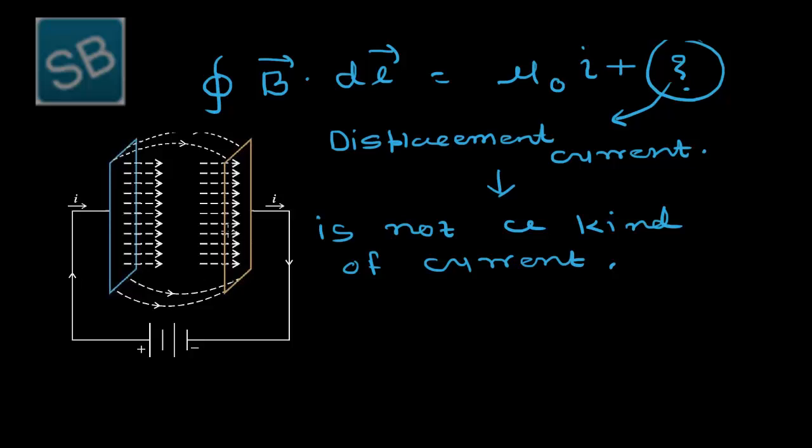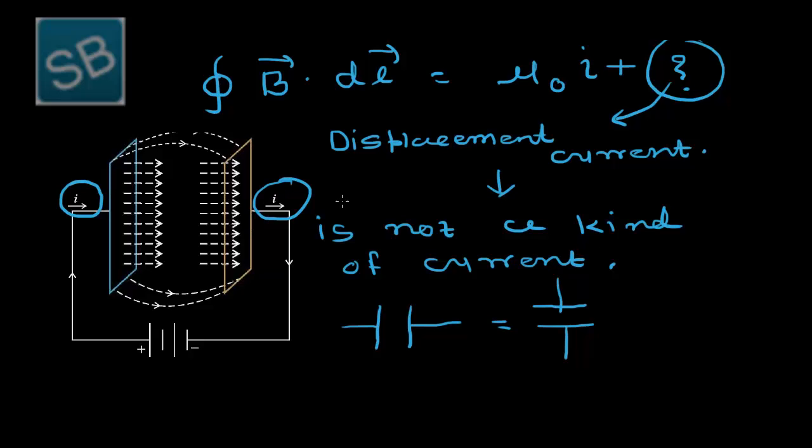You can see these are the plates of the capacitor, and when a voltage supply or power supply is connected, what happens? See over here. This current I enters the positive plate and leaves the negative plate. See this parallel plate capacitor, because both plates are connected in parallel. So this kind of arrangement of capacitor is known as a parallel plate capacitor.